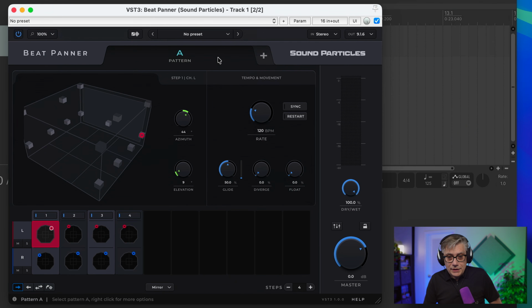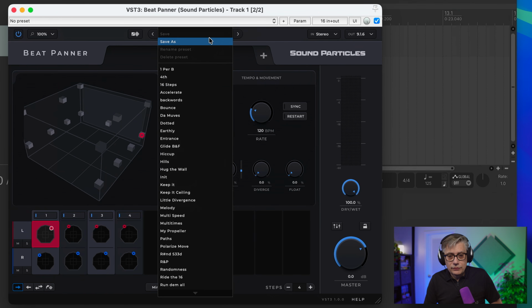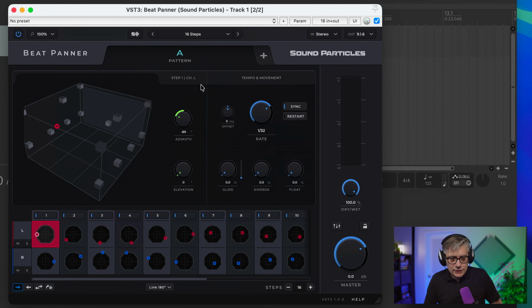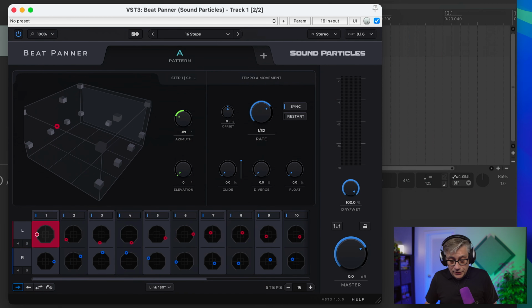So let's load in a preset because that's probably the easiest way to kind of get started. So let's just do maybe the 16-step preset, and that will move the position of the sound around in three-dimensional space. Now, if I play that, you're going to have some sort of a 3D impression, but it's not going to be super accurate because, once again, I'm going to convert that back into binaural so that you can hear that on YouTube. So you're not going to have the full immersive experience. If you really want to get the most out of this plugin, you would have to work with an actual multi-channel setup. So let's just play the audio and play around with the interface a little.